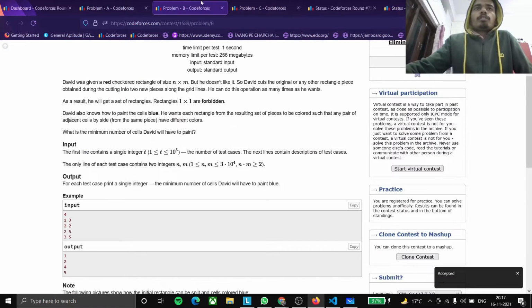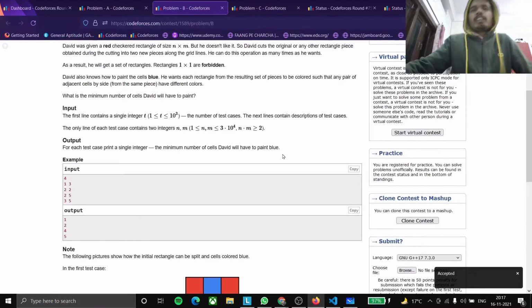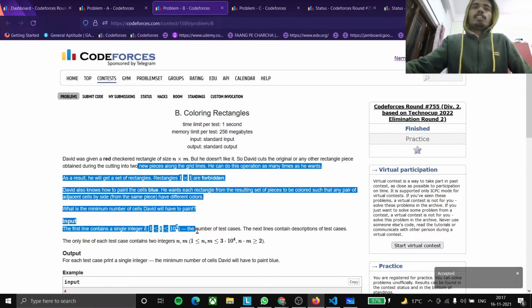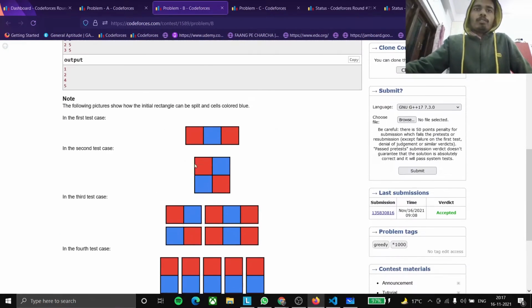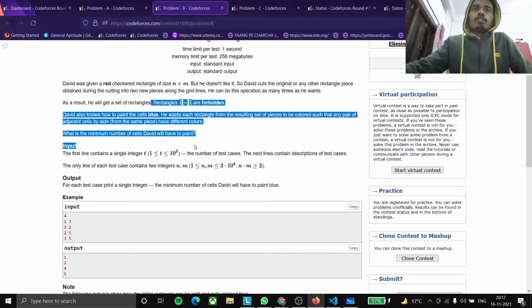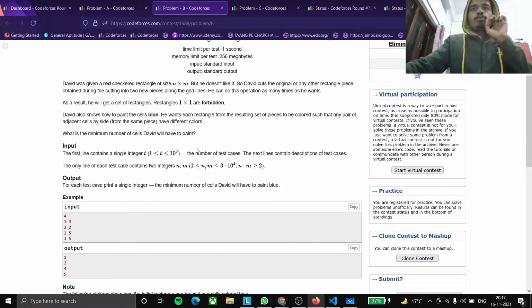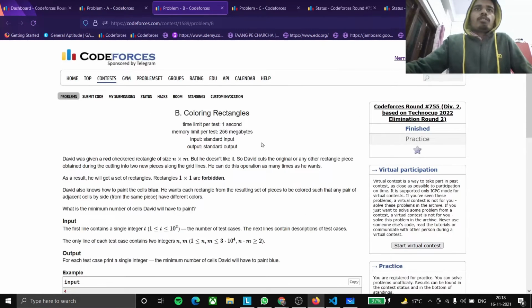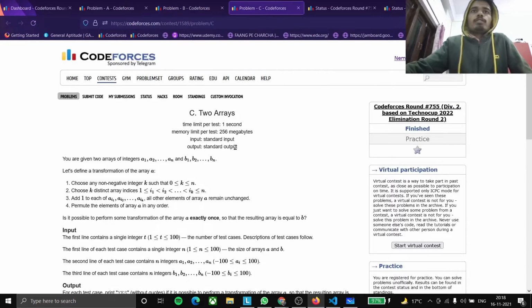So this was also sort of a tricky question, because we had to use ceil division and find out the way how to. Basically it was a question where we had to focus on small cases like n times m equal to 2 and n times m equal to 3, and then for the later cases all the results were pre-observed. So this was also a nice question. So moving on to the next question we have, Two Arrays.